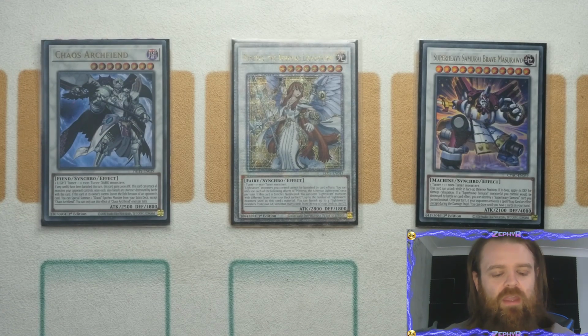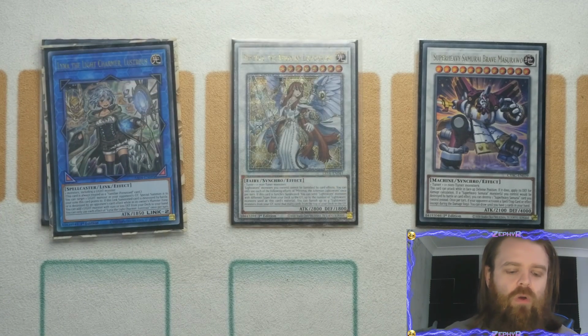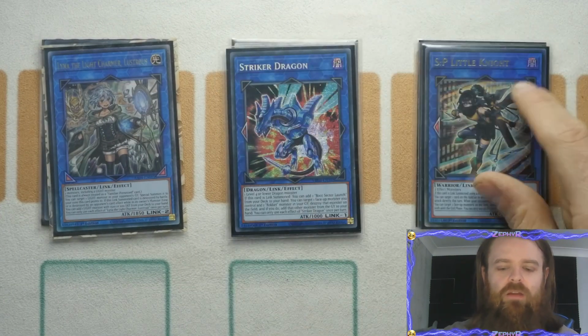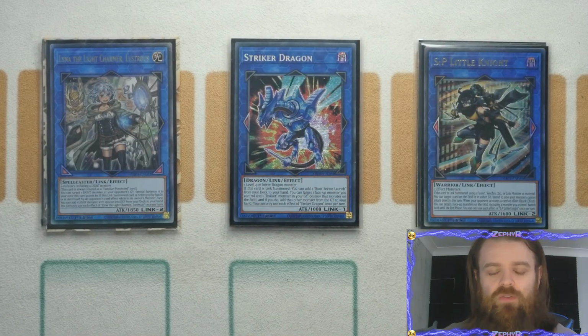Let's do the links before we do the XYZ. So for the links, we've got the one liner. We've got the one Striker Dragon, the one SP Little Knight. Now, with the Striker Dragon, arguably, you could also look into the Hieratic Seals, but the idea behind this one